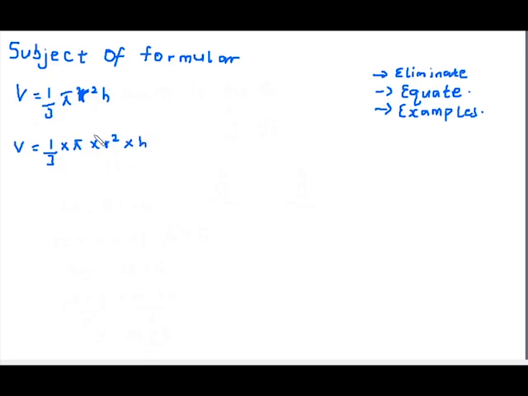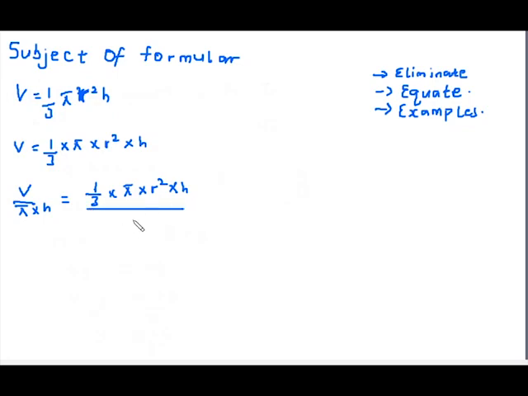So ultimately we have pi and h multiplying r squared. So I'd have to divide through by pi and h on both sides. The consequent equation becomes v over pi times h, which is equal to 1 over 3 times pi times r squared times h